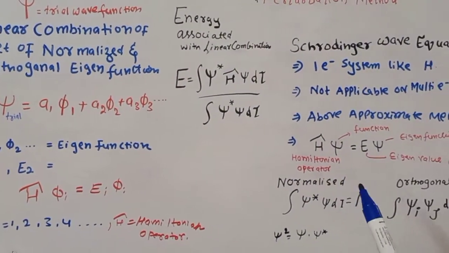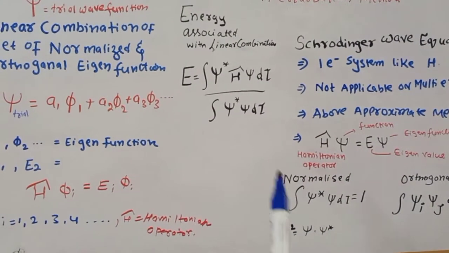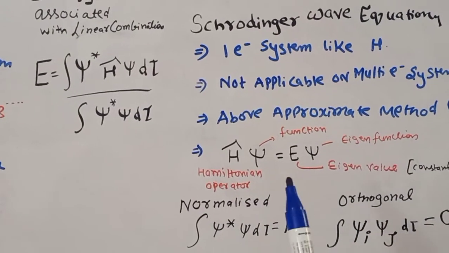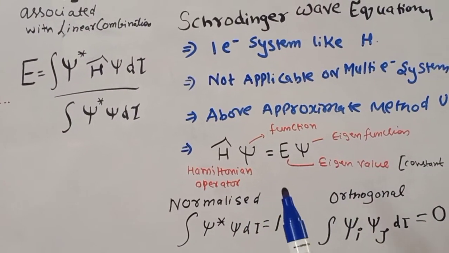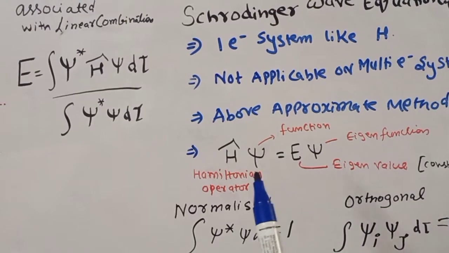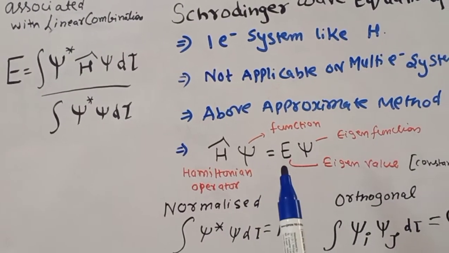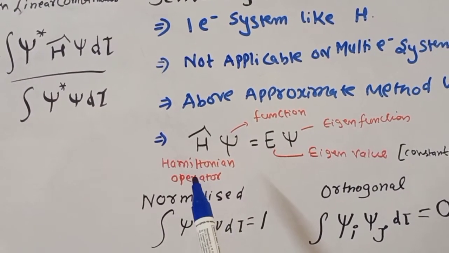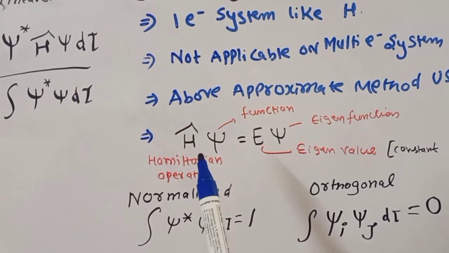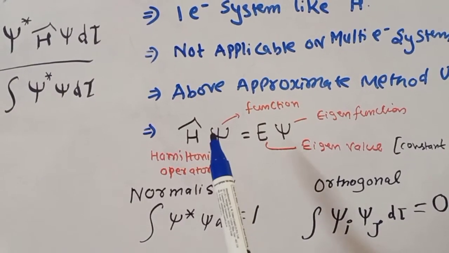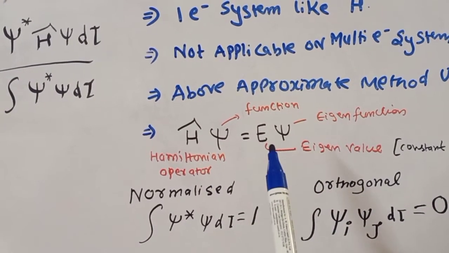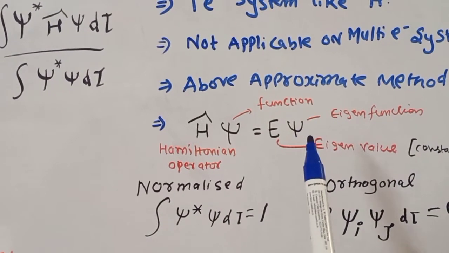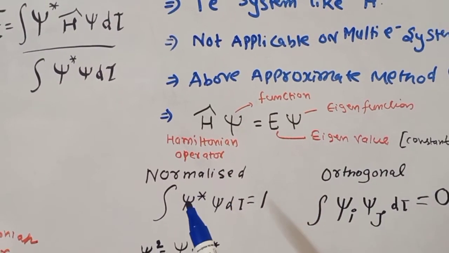I have written here. When we talk about the eigenfunction, I hope you have already seen my video on the eigenvalue and eigenfunction. If this is the short form of the Schrodinger equation, that is H cap psi equals E psi, then when this operator H cap, our Hamiltonian operator, acts on a function and is multiplied, it gives the value that is termed the eigenvalue, and this is our eigenfunction here.